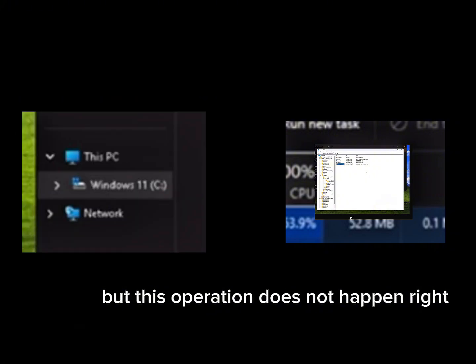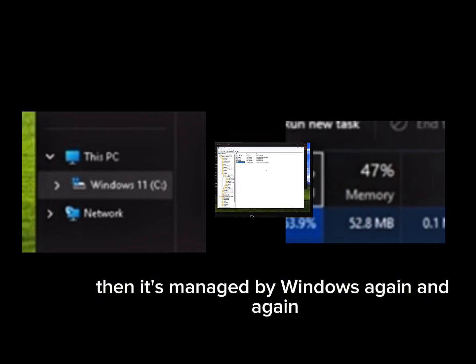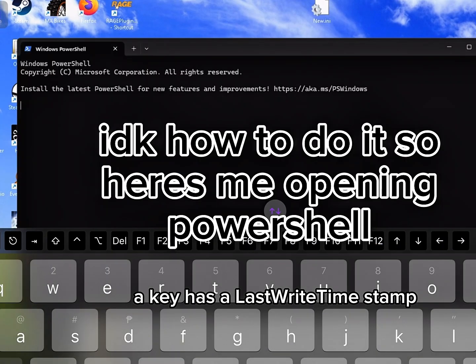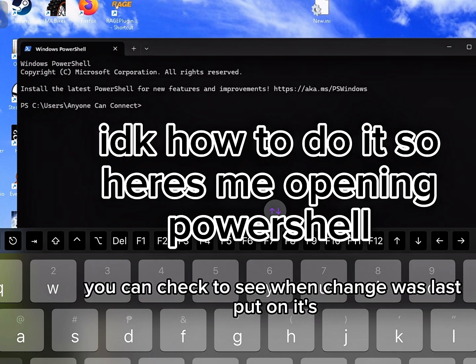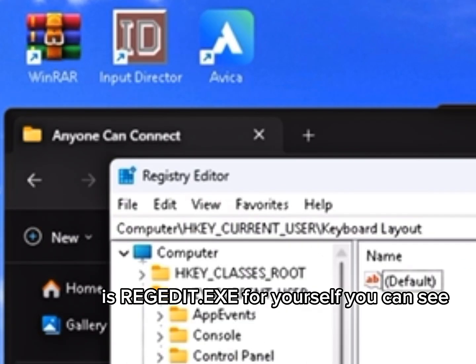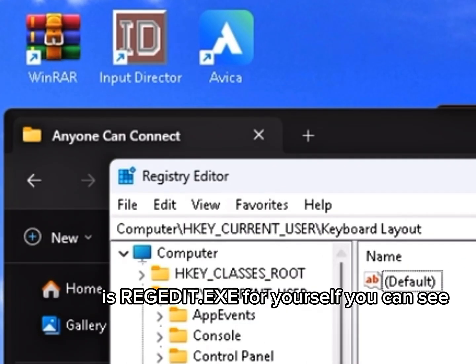But this operation does not happen right then. It's managed by Windows again and again. A key has a last write timestamp you can check to see when a change was last put on its deck. The tool that you use for a manual peek is regedit.exe. Then for yourself you can see, but if you